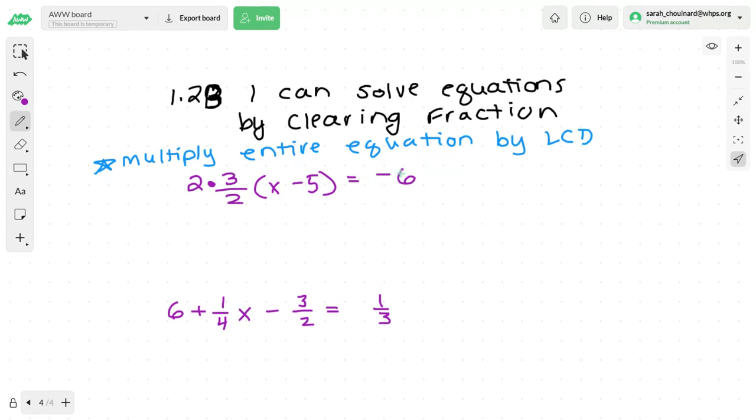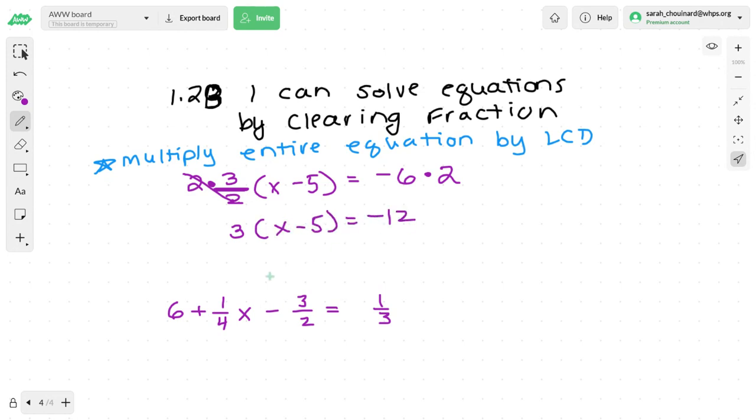But I do also need to multiply the negative 6 by 2 to keep it balanced. I think of this fraction as division, so 2 divided by 2, those cancel, and I'm left with 3 times x minus 5 equals